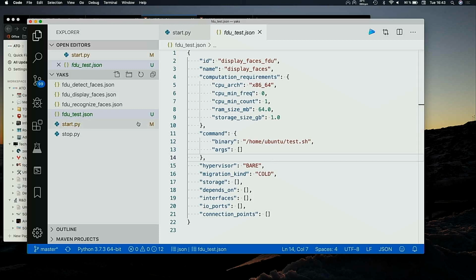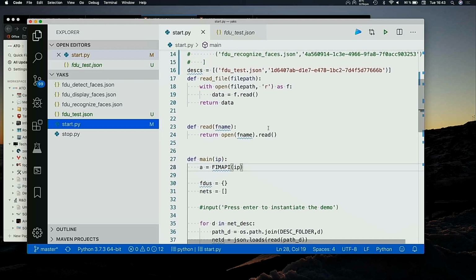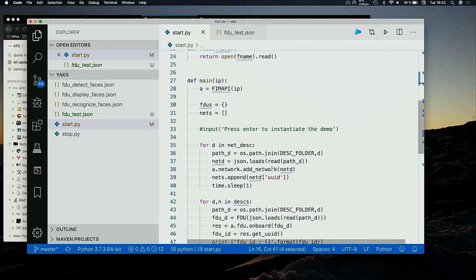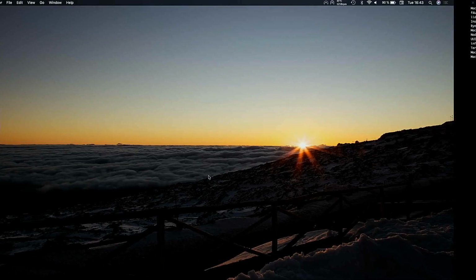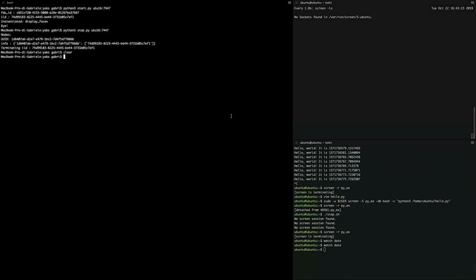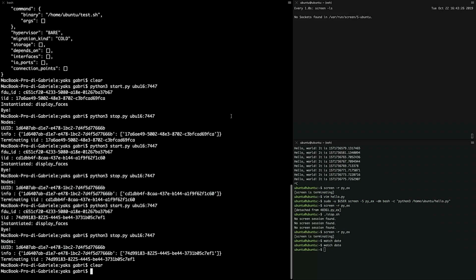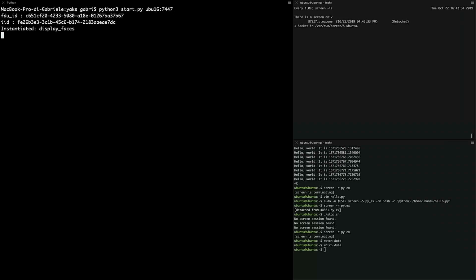And then I will use the fog05 Python API to deploy this. In this case, I am just having a dictionary, a list of tuples in which I have the name of the descriptor and the node ID. And then I will just deploy that on the node that is my virtual machine. So, okay. I will start the deployment, and you will see, okay, this is the ID of the things that I am instantiating, and I'm starting something over there.